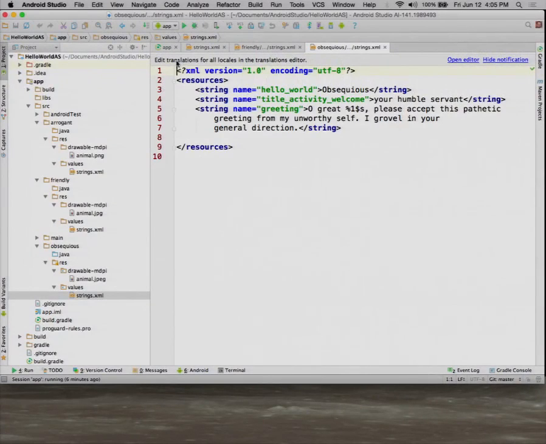Any other questions? Yes, sir. Is it possible to localize Android applications? Can you localize Android apps with flavors? You don't generally need to use flavors for that. They already have localization built right in. In fact, when you saw when I opened up one of the string files here, just strings.xml, it says edit translations for all locales in the translations editor. I could simply add values underscore RU or DE or whatever, and wind up putting in my strings file and all of those, and then the device will detect which locale we're in and use that automatically. So you don't need to do that with flavors. That's a fundamental feature of Android from the beginning. Okay? Any other questions?